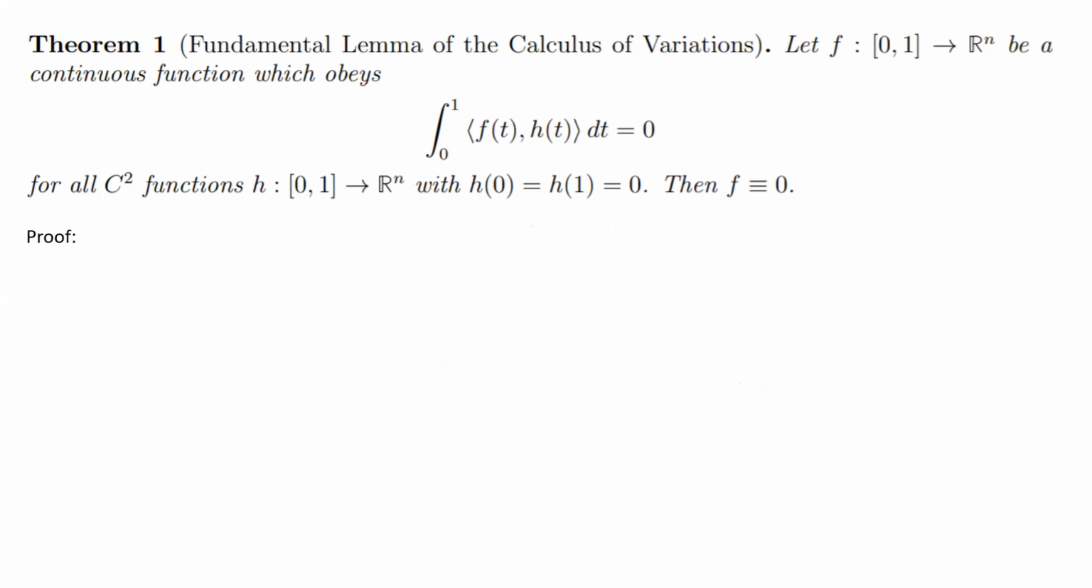So let's go by contradiction. Assume there exists an x such that f(x) does not equal 0. So we have,